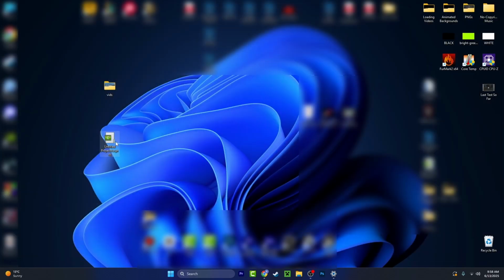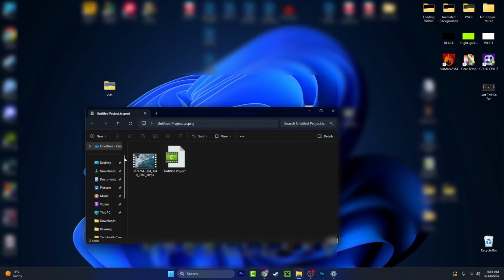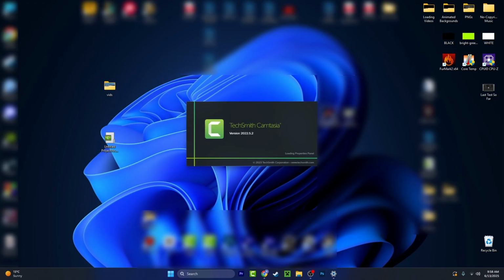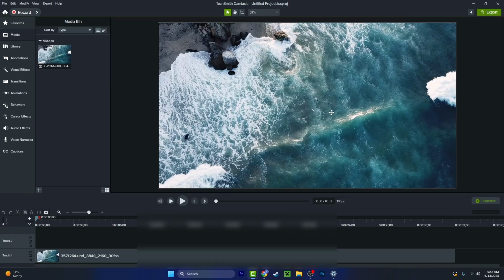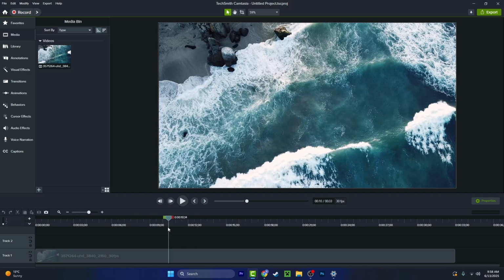This is my project which I just saved. Let's open it. And let's open again untitled project, and now Camtasia will open up our project from the moment where we left. It will load very fast, and by any chance if you would like to save again